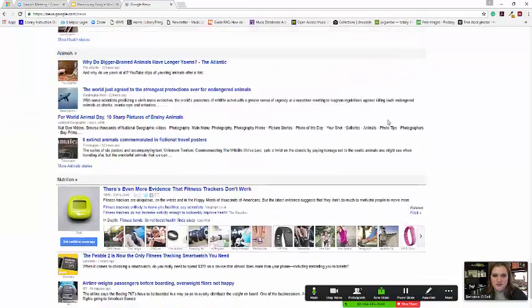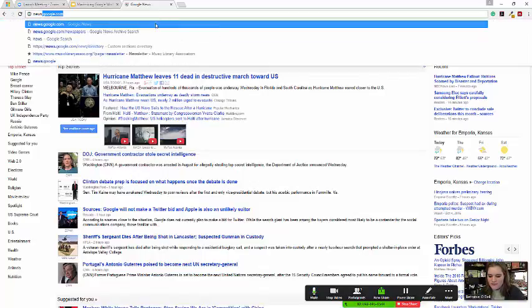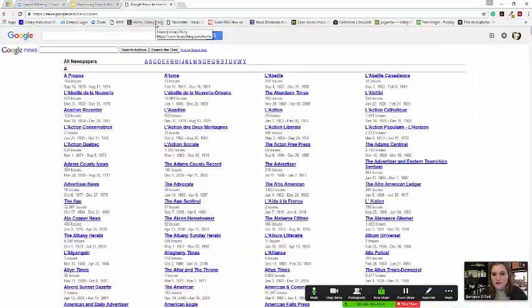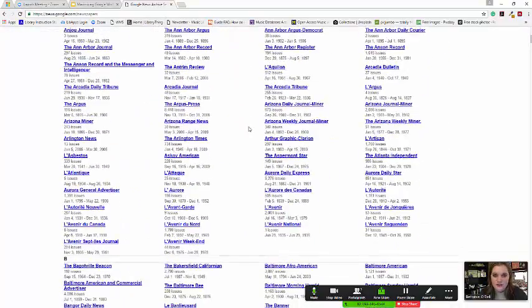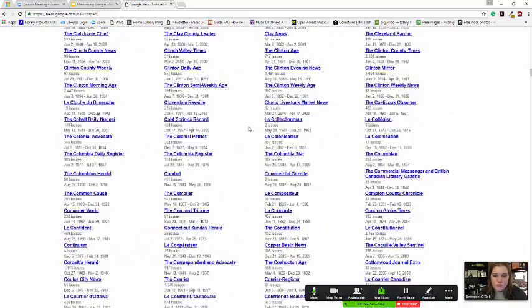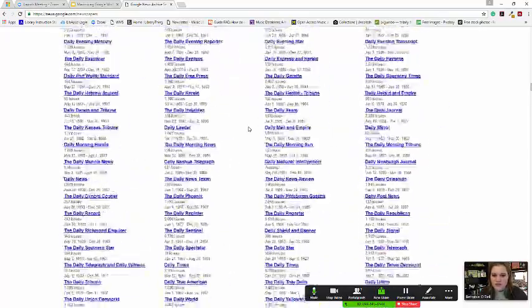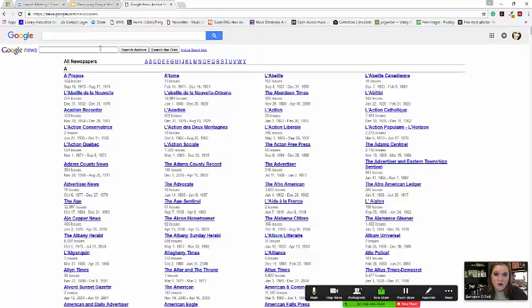And this site is a little distracting for me, so carrying on. So I'm going to show you another feature of Google News. And so if you go to news.google.com/newspapers, this is kind of an archives of Google News, and so it has hundreds of different newspapers. And so if you're having a research project and you want to look at older news articles, there is a chance that you might be able to find it by searching Google News. That doesn't always work out, but